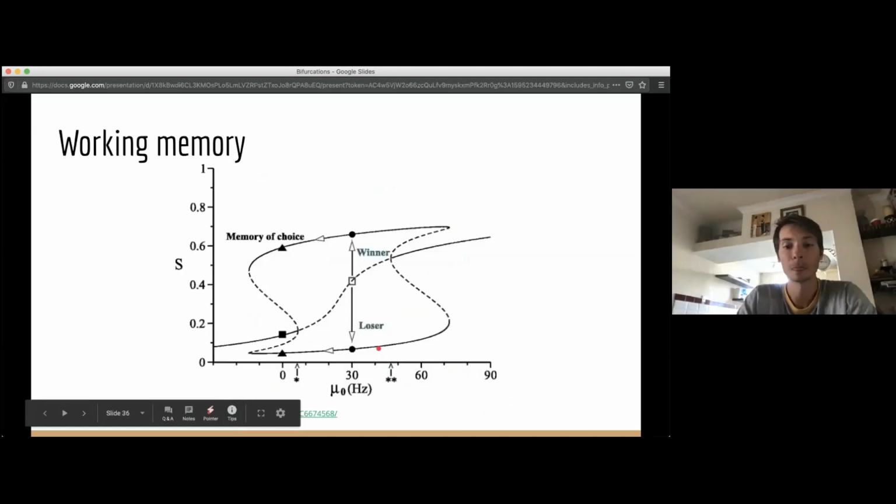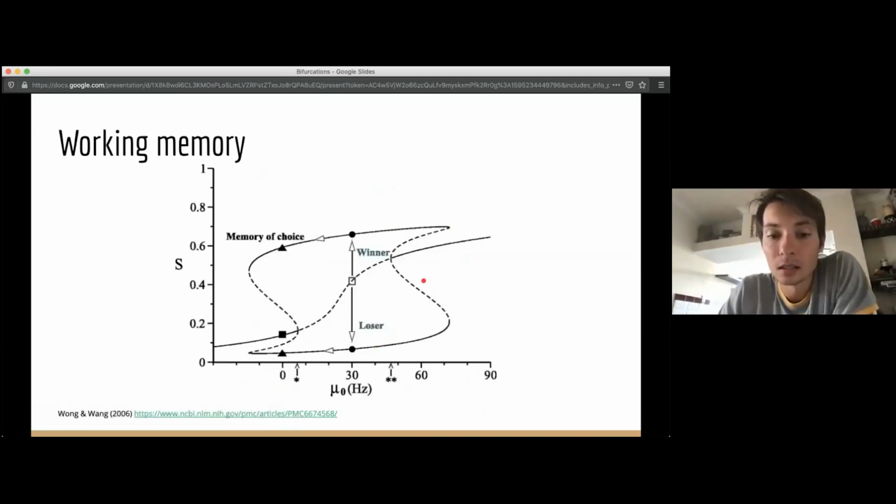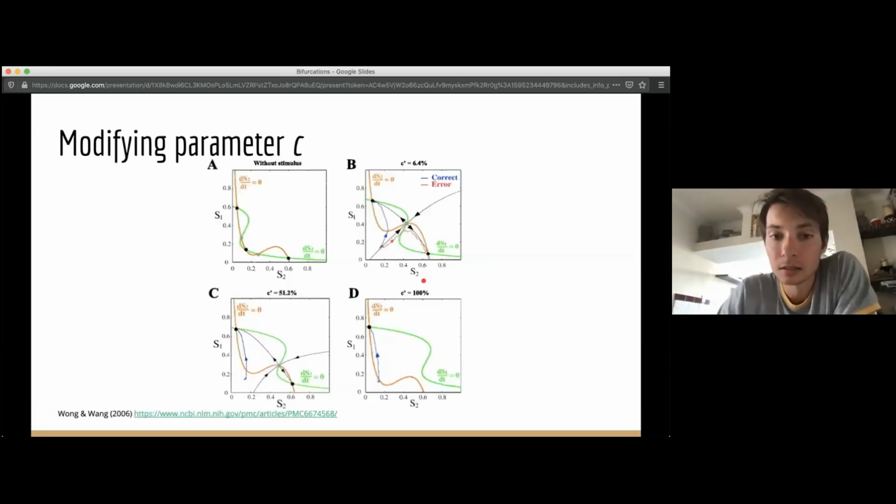Sorry, Dominik. Yes? Could you just go back to the previous slide, please? Yes. We haven't actually talked about phase planes before, so could you just briefly go over what the green and orange lines are here, please? Yes. Sorry for that. I was sure that it was covered before. So basically